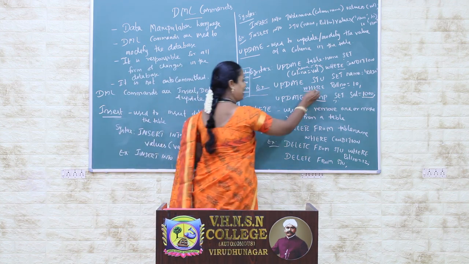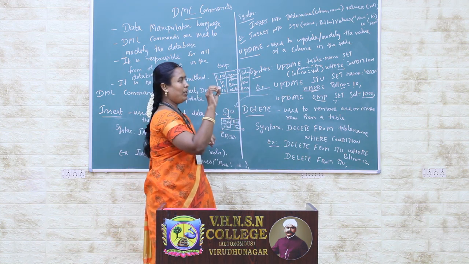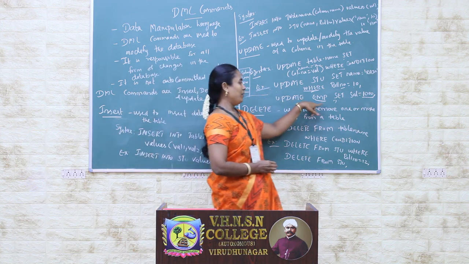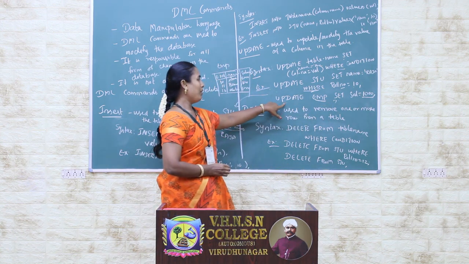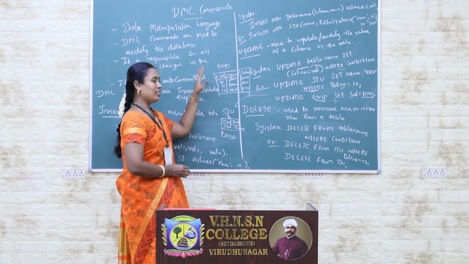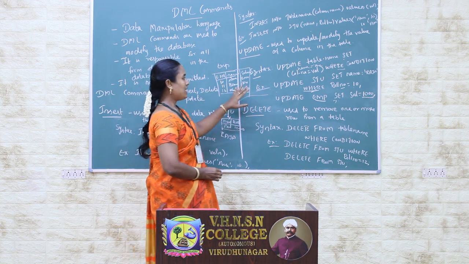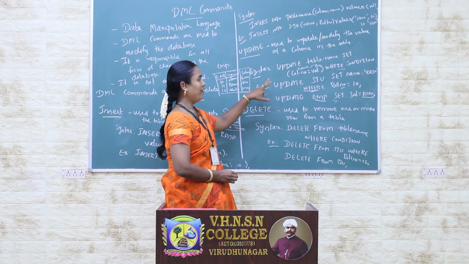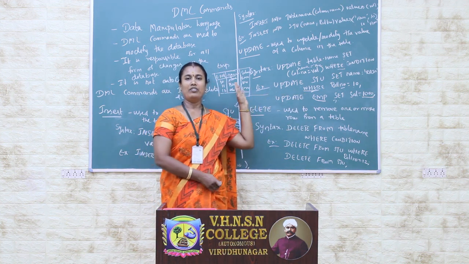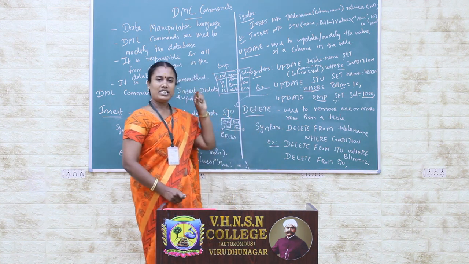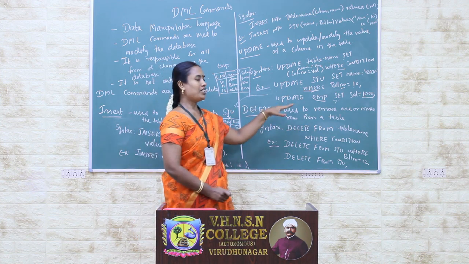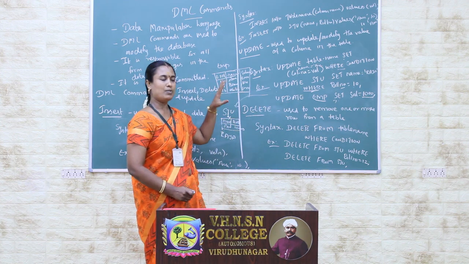Whenever you apply the where condition, only the specific record that meets the where condition is changed. But whenever you do not mention any where condition, the update operation is applied to all the records available in the table, and the value is updated in all of them. So these are the main differences in the update query when using the where condition and when not using it. Keep in mind: when you use the where condition, only that specific row is updated. If you do not use the where condition, the update occurs on all records in the table.